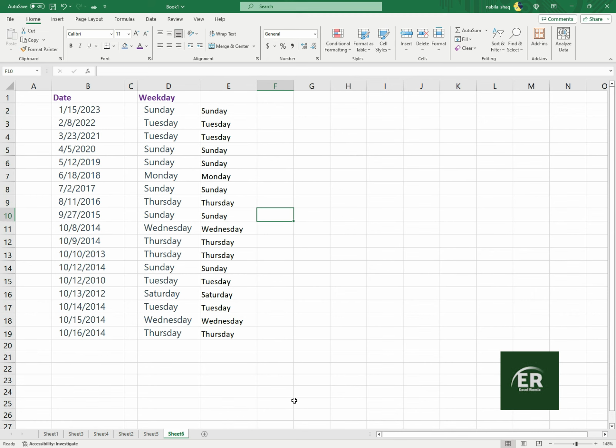Now we will use the WEEKDAY function. Select a cell where you want